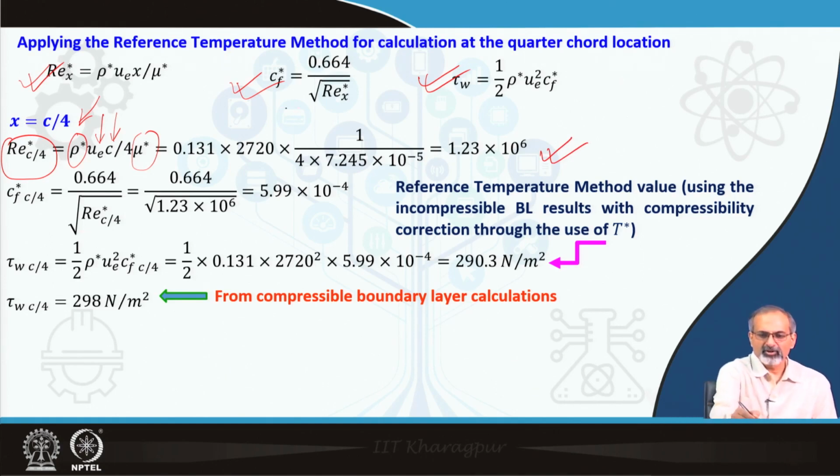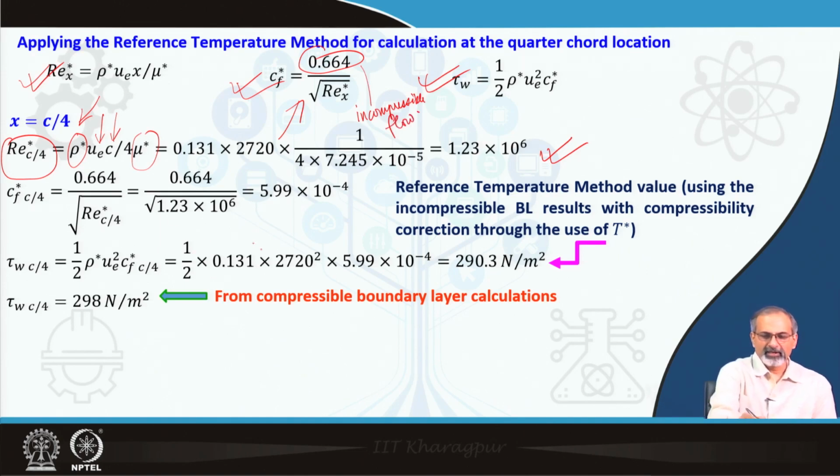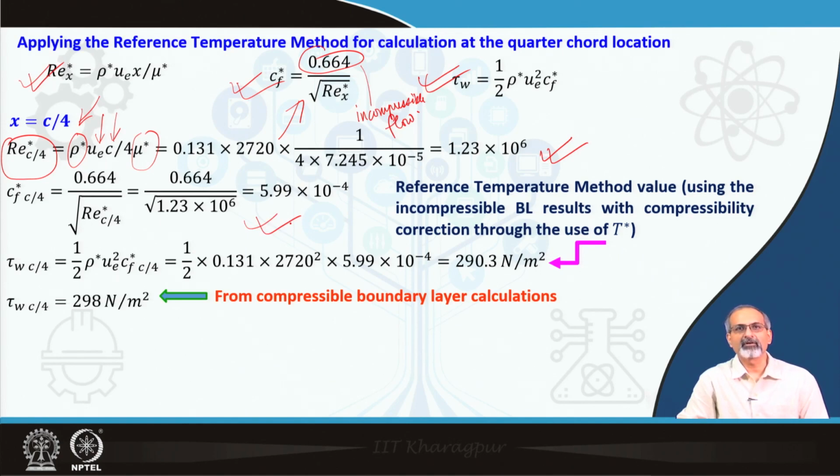Similarly, based on the Cf expression that we find over here, keeping in mind that this is basically the expression for incompressible flow, we calculate the Cf here based on the Re at quarter chord for the star condition,